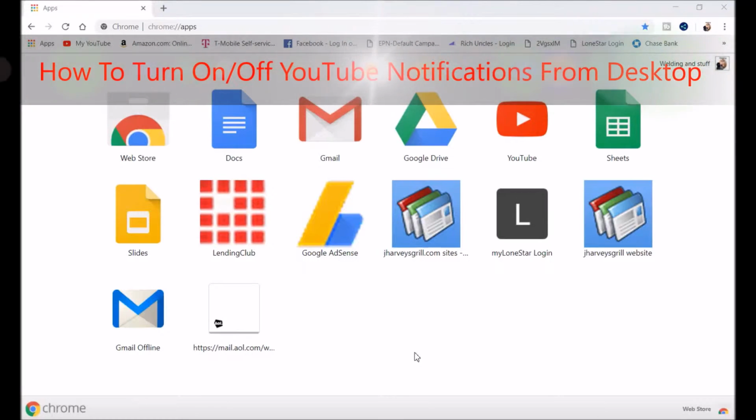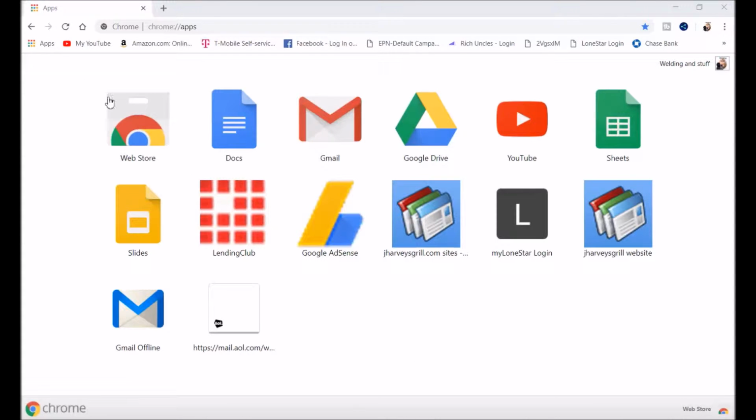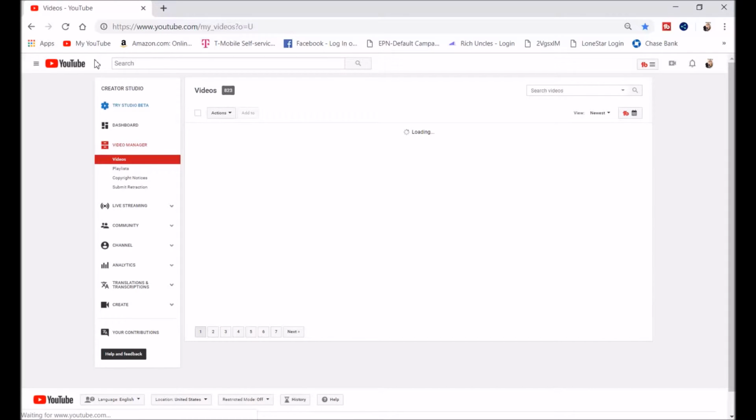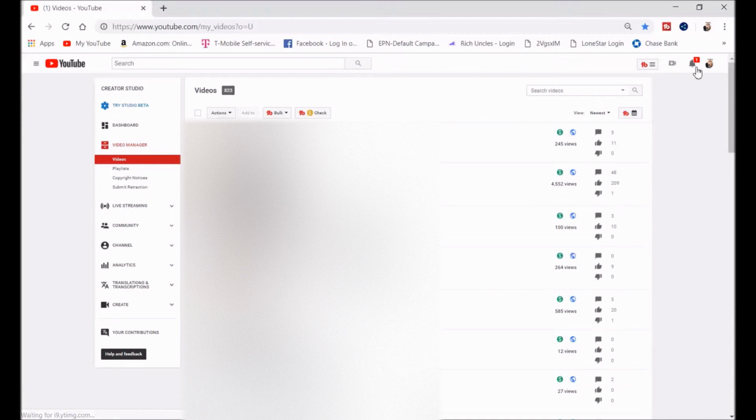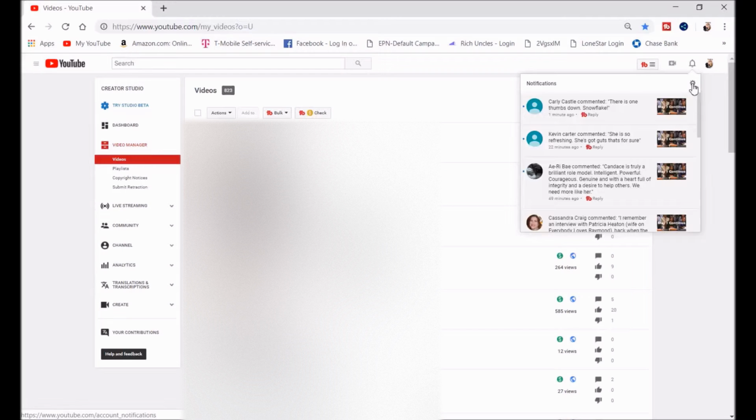I'm gonna show you how to turn on and off your notifications here on YouTube from your desktop. First thing you want to do is log on to YouTube. And once you log on, you want to go up here to the right. You see this little bell notification, and there's a few ways you can do it, but this is the easiest way. Click on it and click right here on this star here,